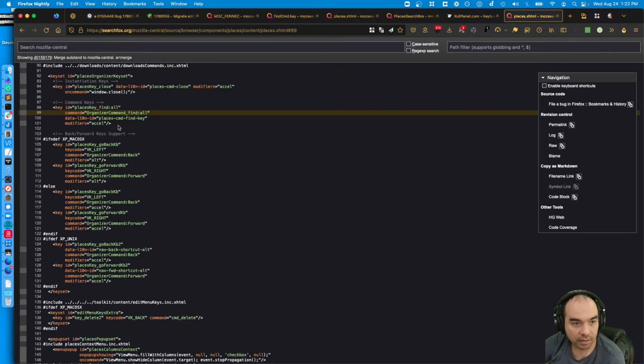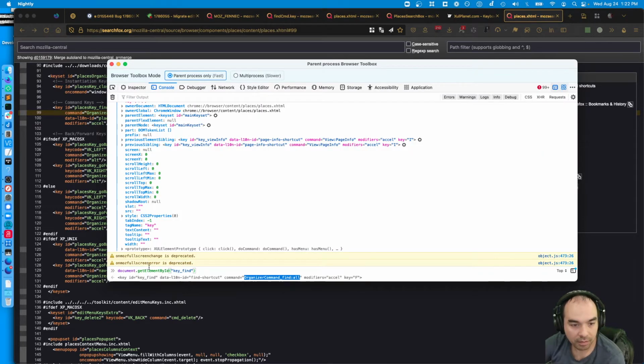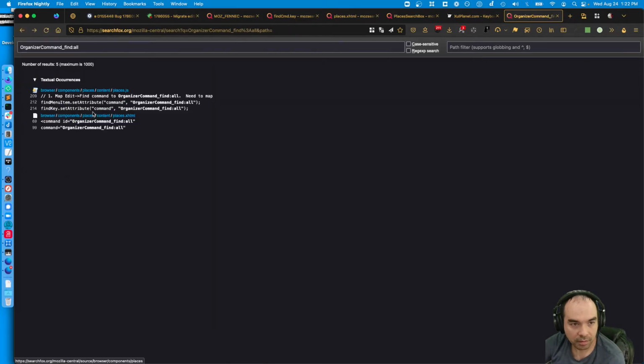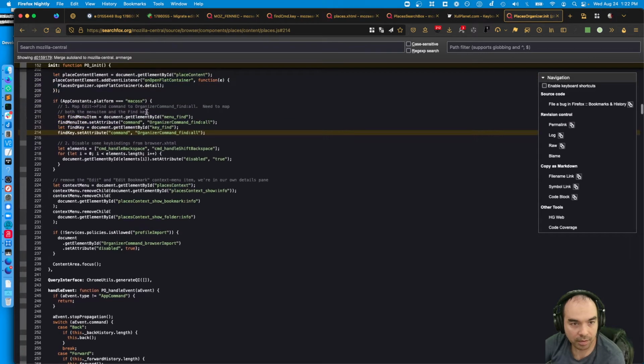Places key find all. Find menu item. Get element by ID, key find. So somehow it finds it still and then sets the attribute on it.